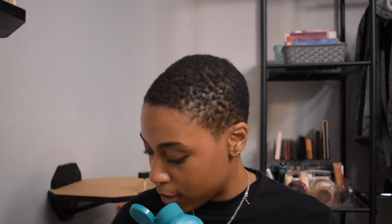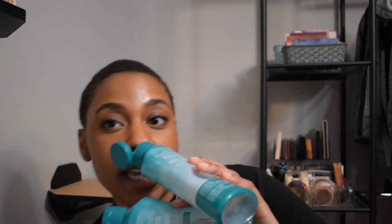These scent boosters are actually from the Dollar Tree, and these smell really similarly to these blue Downy Unstoppables, just a really nice, fresh, clean scent. And they're only $1.25 from the dollar store, so definitely don't sleep on the Dollar Tree's fragrance boosters. They also have a pink one, which I didn't like the scent of as much as these,